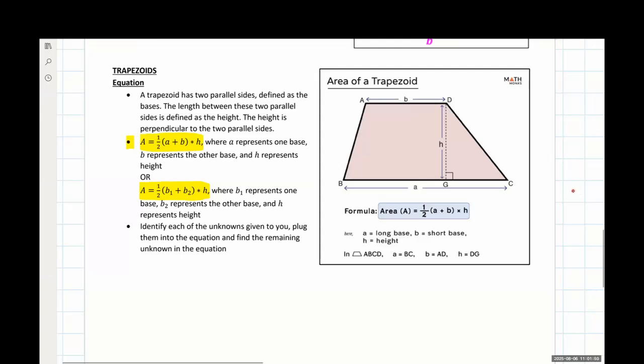So I have the height. And once again, it has this little right angle showing up on it. That is a huge giveaway for us, so always be on the lookout for that. I'm then noting that the height is touching these two sides of my trapezoid.